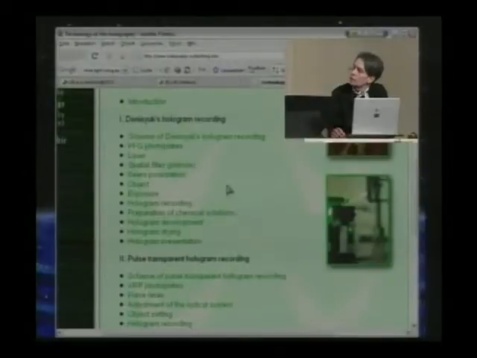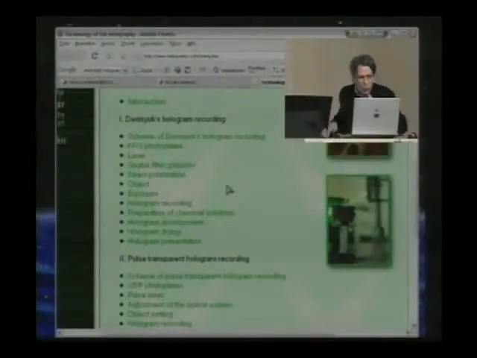Because of that, and because of the wavelengths of the lasers we are using, we have to avoid one thing extremely, because otherwise it destroys the complete information and the hologram. During the exposure, we have to avoid any kind of vibration